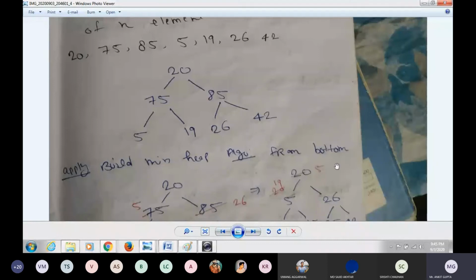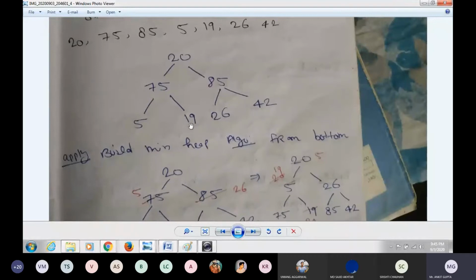Okay. From the bottom you have to check. Suppose 5, 19, and the root is 75. So what is the minimum child? That is 5 or 19. That is 5. So I will swap 75 and 5. So 5 will come here, 75 will go here. Okay.